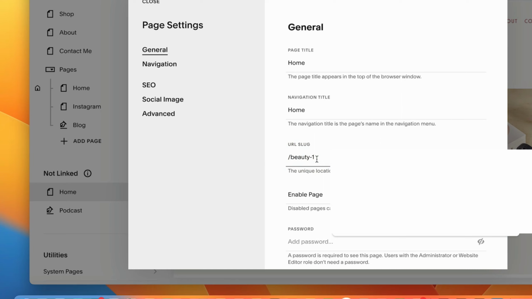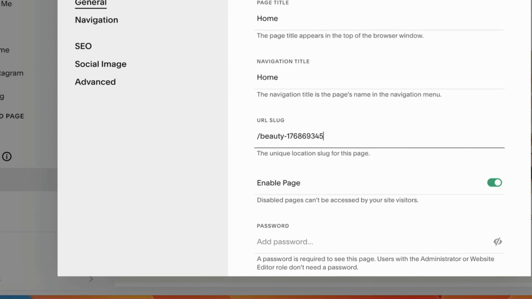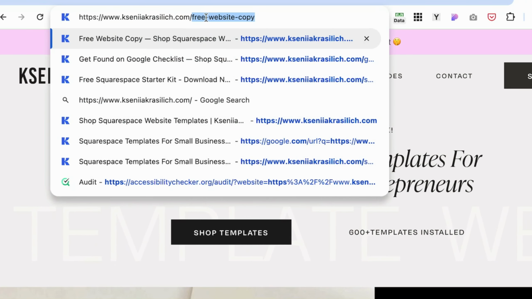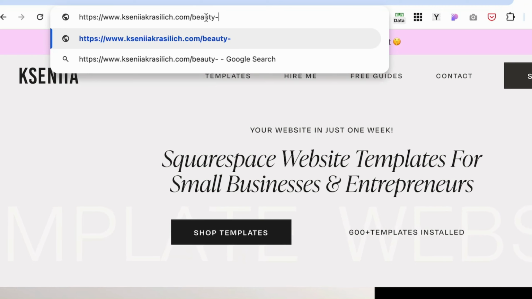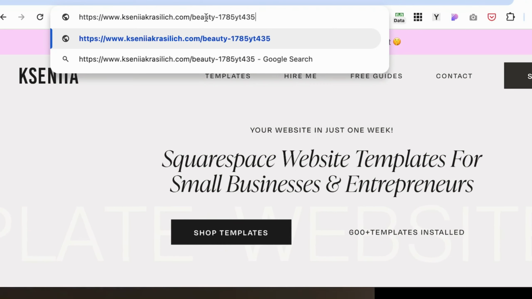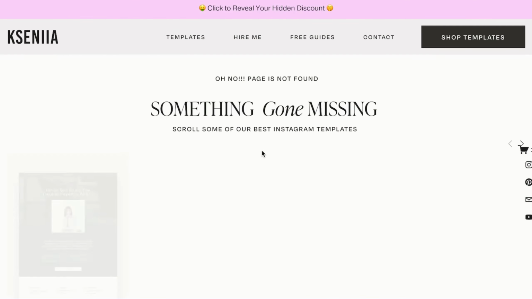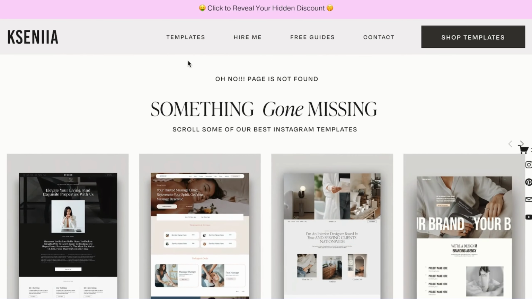And a lot of times when reviewing other people's websites, I would see URL slugs like this. Let's say you're on a website and you want to go to the homepage and you just type in homepage. It's not going to go there because you have this very long, unreadable URL slug. Not only does it result in a poor user experience, but it also impacts your SEO, search engine optimization, considering various factors, including the URL structure, which plays a critical role in helping Google understand the content and context of